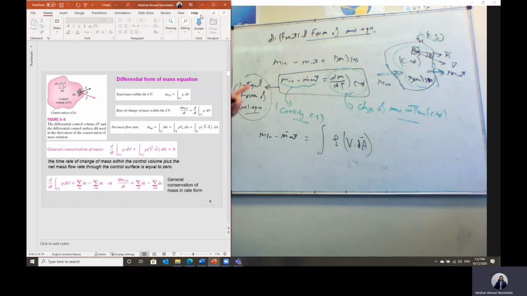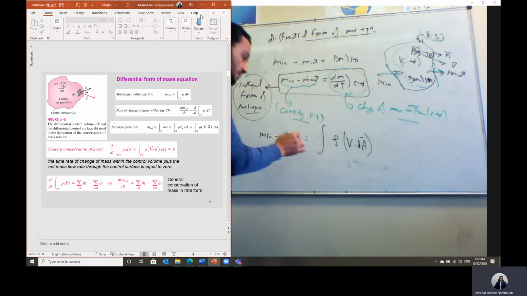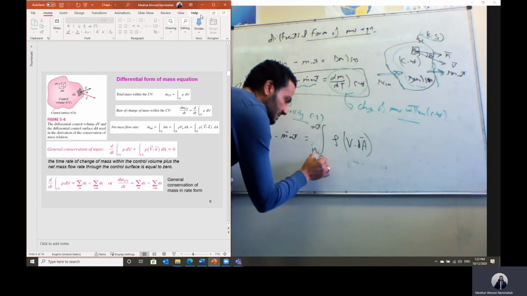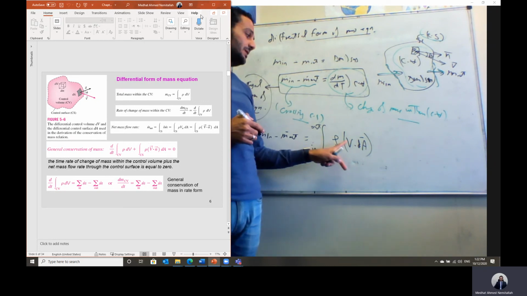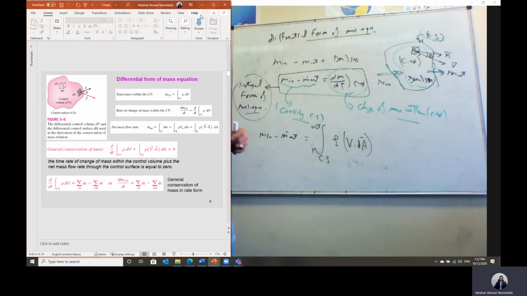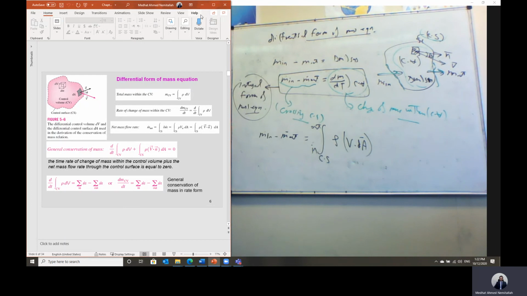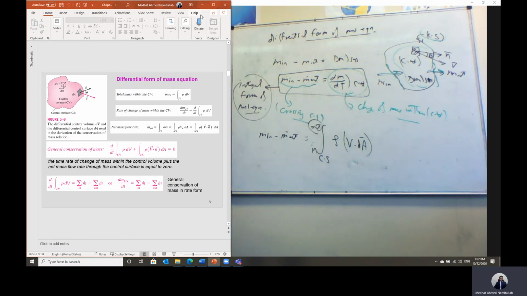So this flow can be either into the system or leaving the system. In this case, we can do this integration from the inlet to the outlet of the system, crossing the control surface of the system. If we do this integration, it will be the density multiplied by the component of the velocity in the area direction multiplied by the area at the outlet section, minus the mass flow rate at the inlet section, which is the density multiplied by velocity multiplied by area.